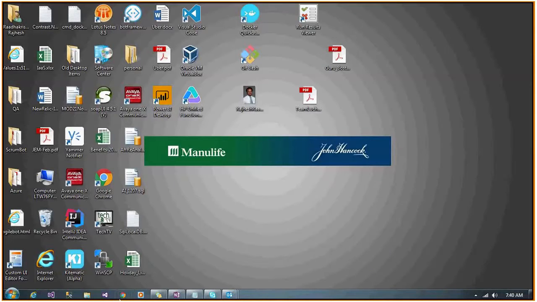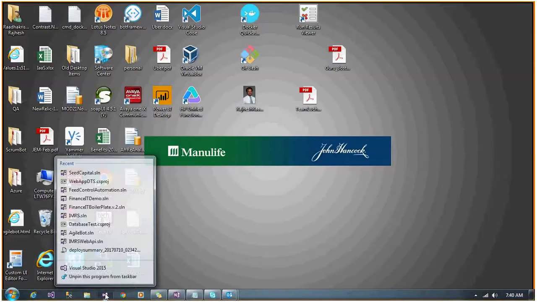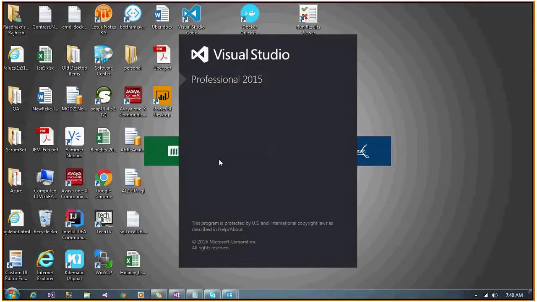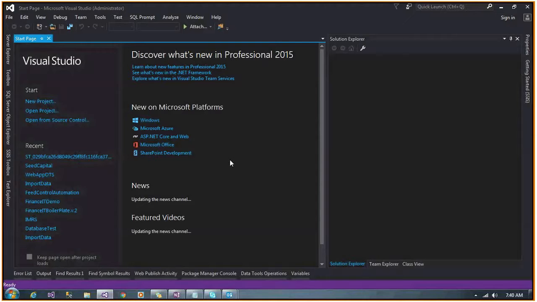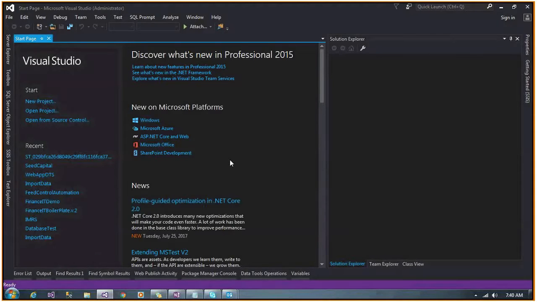So to start with, I'm opening up Visual Studio. We all know the templates available in Microsoft Office products. Templates allow us to baseline some of the content, which we call boilerplate, so it's readily available. As an example, when you type a letter and you want to know if there is a template available in Word,